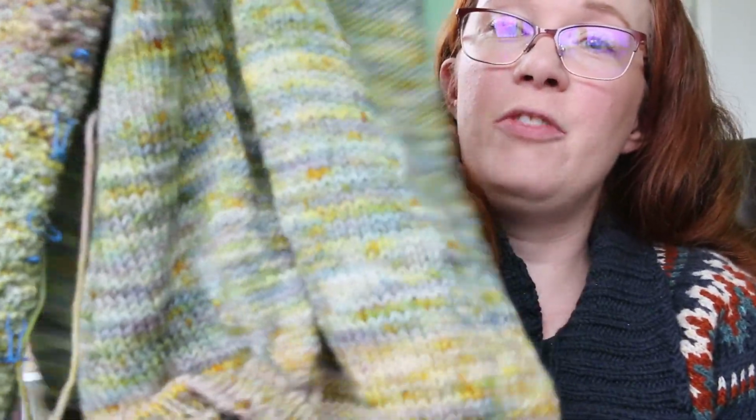Now, next up I have a WIP, and that is Tori Hughes, who is Tori Knits NYC on Instagram. Her Brooklyn Raglan Cardi. I am testing this, and I am in love. So this is it. I am on sleeve number 2 right now,